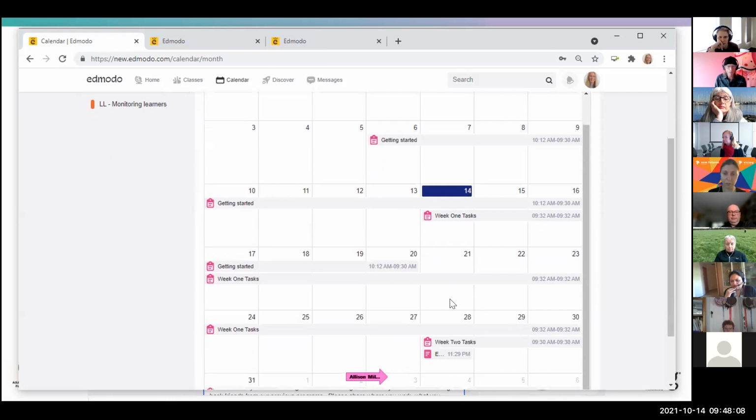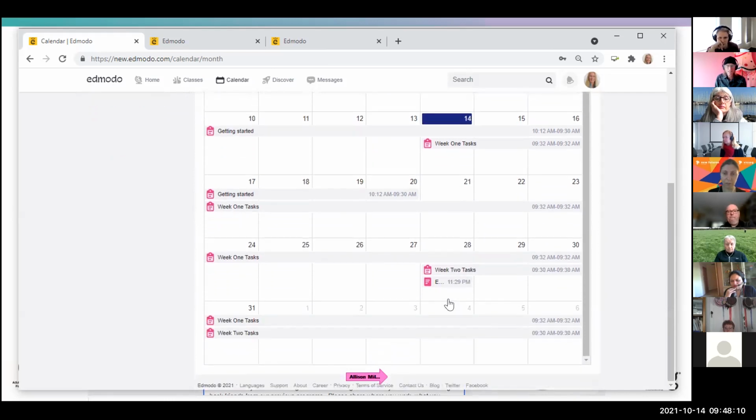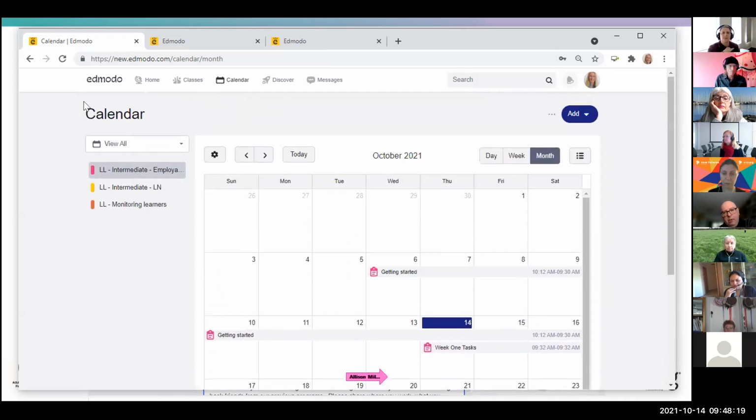But obviously the quicker the better. That kind of works too well. And you can see there's a task coming up in week 2, but you won't see that until that date appears. At any point, if we go back to the main page, Alison,